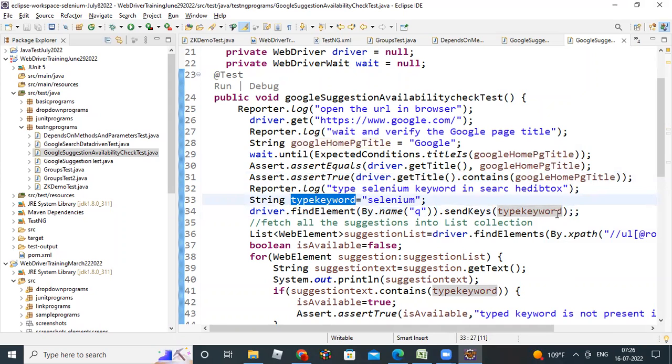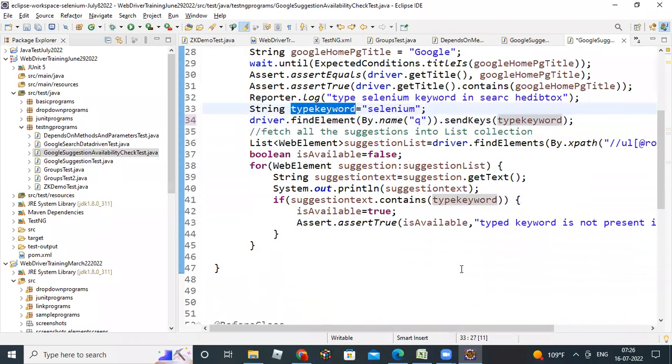So directly you can use "Selenium", but how can you check the typed keyword? You need to verify whether the suggestions are present or not. How can you verify? That's why I can use this variable directly. So that's why I'm taking it into one variable and typing the same variable there in the sendKeys. Then